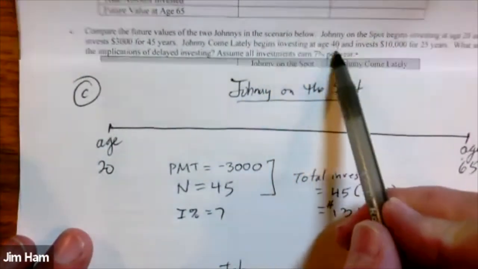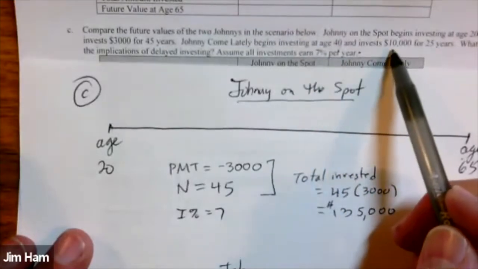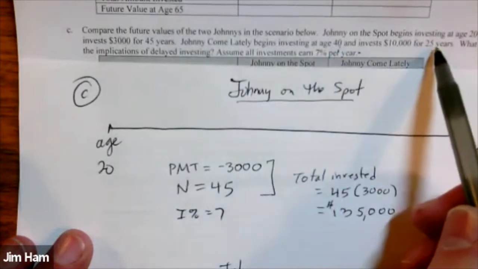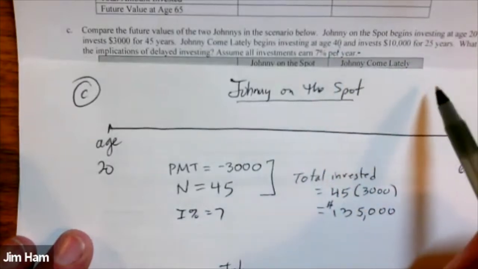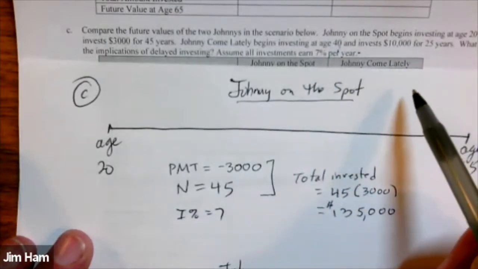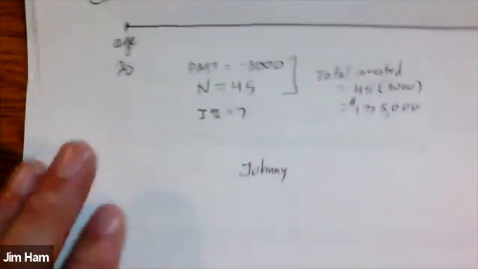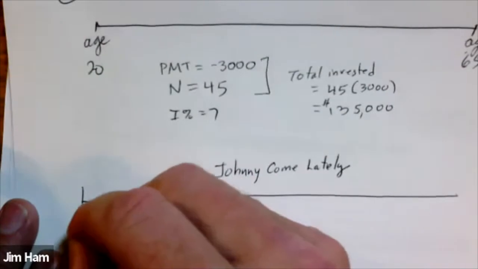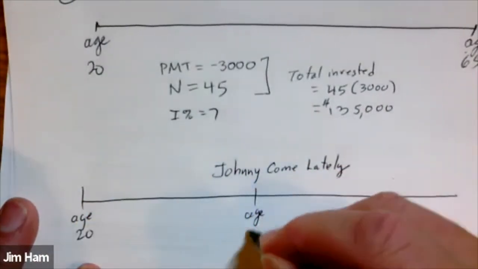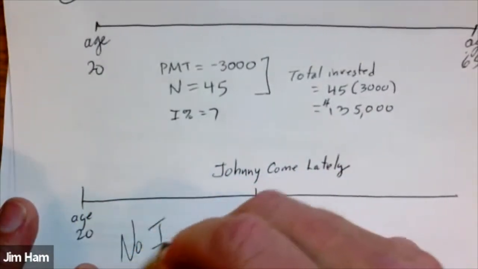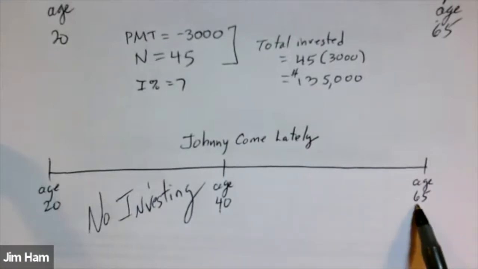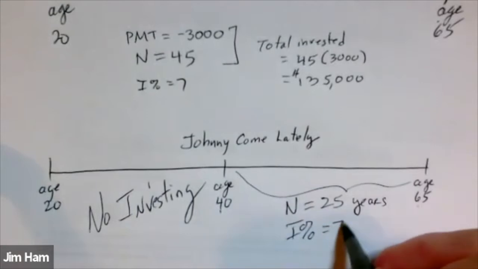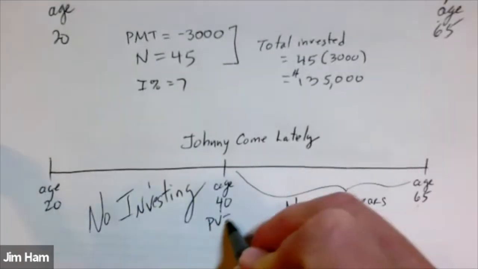He begins investing at age 40 and invests $10,000 for 25 years. So at age 40, if you tack on 25 years from that, you'll be 65. But he doesn't invest anything before that. All right, so let's draw Johnny come lately's diagram. At age 20, nothing. Age 40, no investing here. But from age 40 to age 65, that's 25 years at an interest rate of 7%, starting with nothing here,